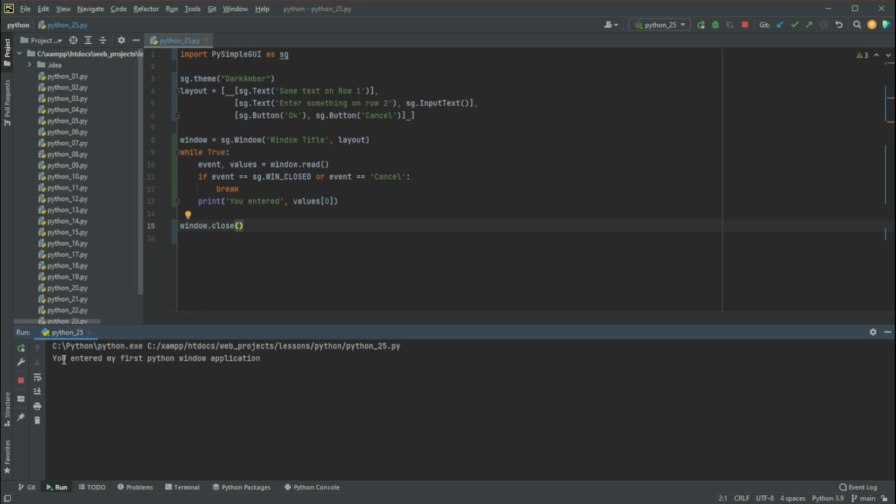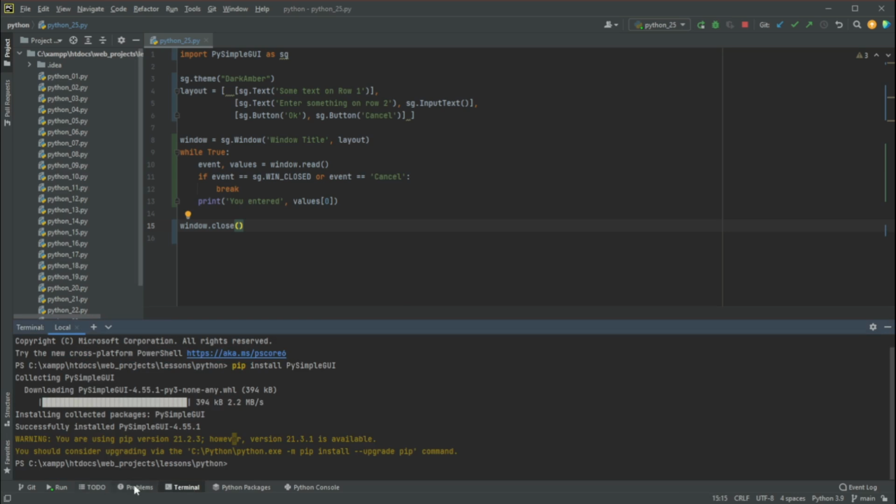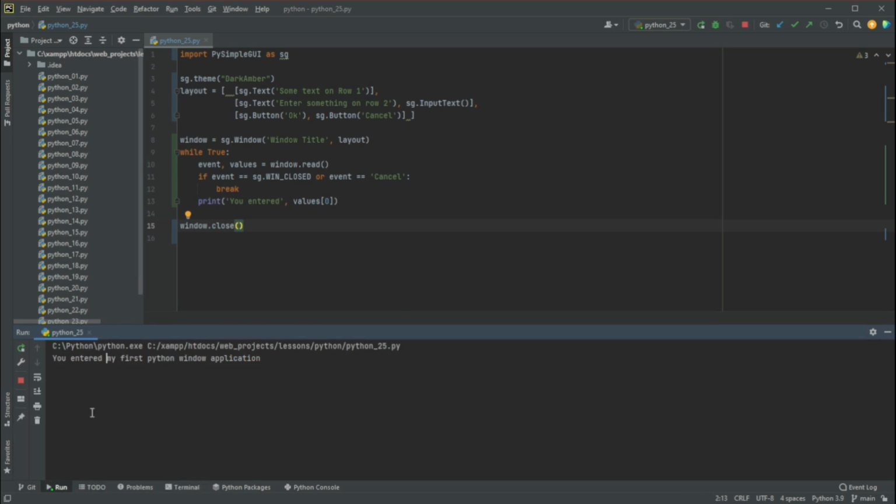So at the bottom we have here under run. So the code actually you entered, my first Python window application, will be displayed here via the terminal. Okay, it's under run, so it will be displayed here. So actually, this is just a very simple